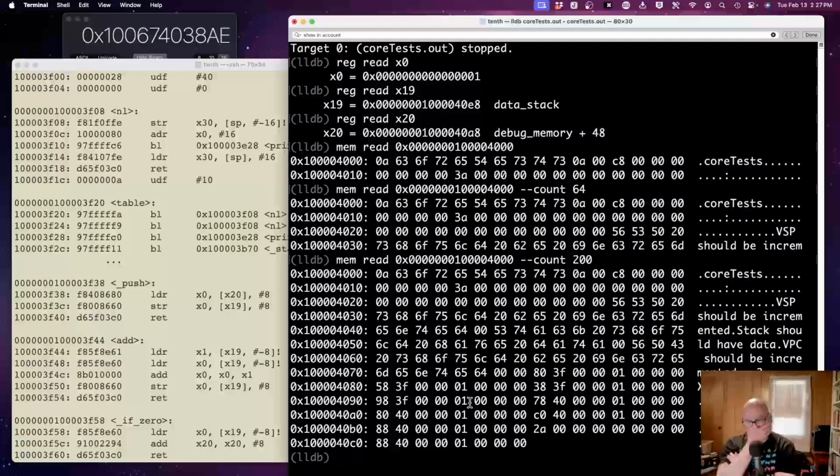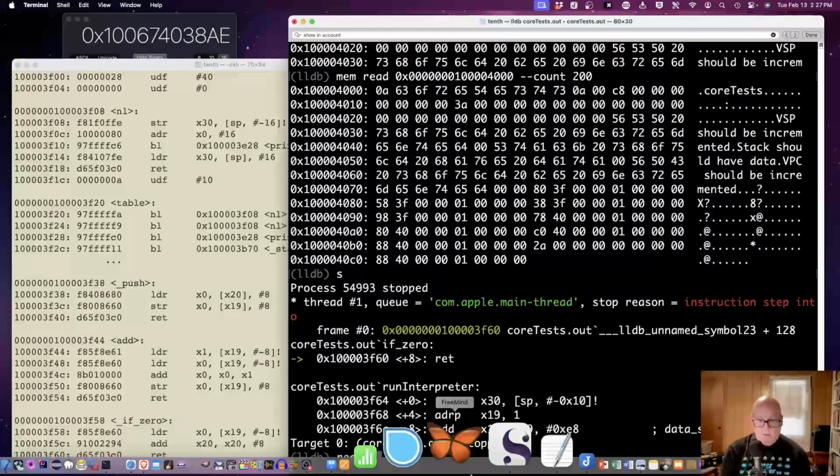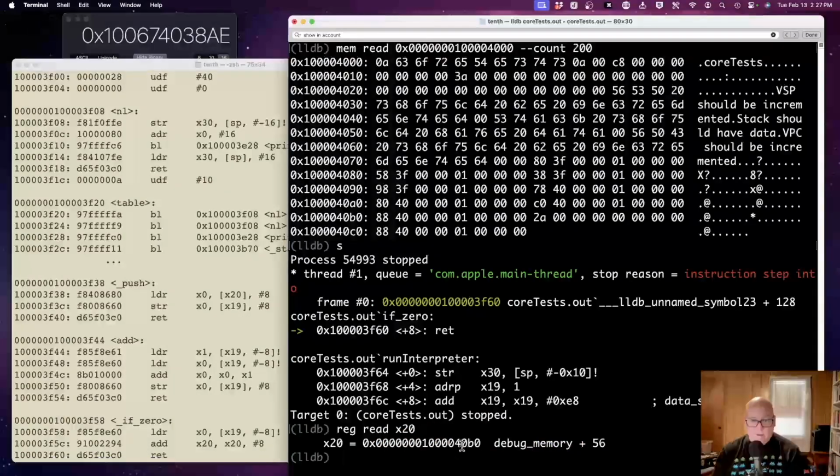So I feel like we're actually okay at this point. This thing's pointing at 40A8. That's because we haven't skipped it yet. So I'm going to do a step, which should add to X20. Okay, I'll read X20. Okay, it is now 40B0. Okay, so we had if 0 branch to 40C0,